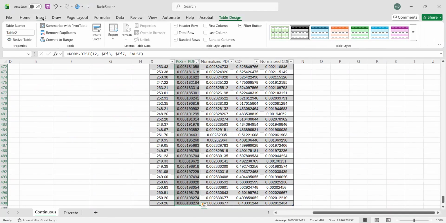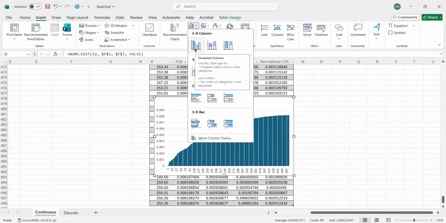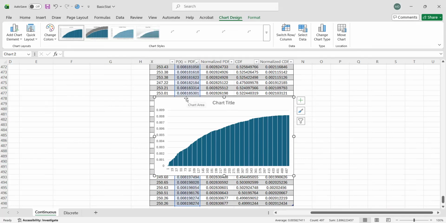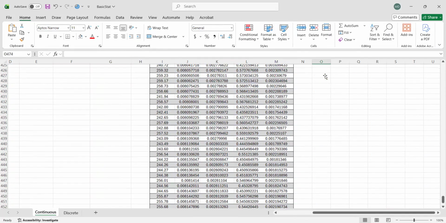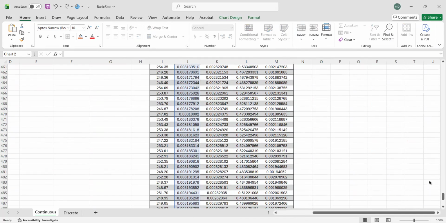So I just select all the values and then plot, what do you call this one? Column chart. All right. So as you can see, we have our, okay, let me redo that.